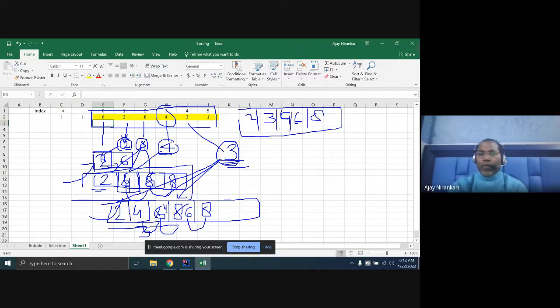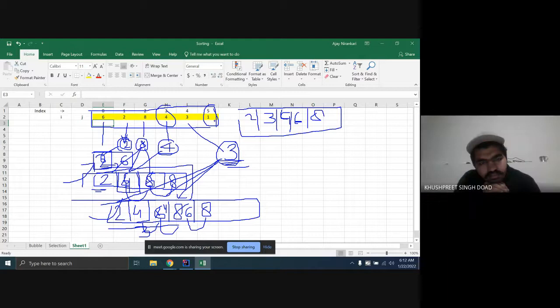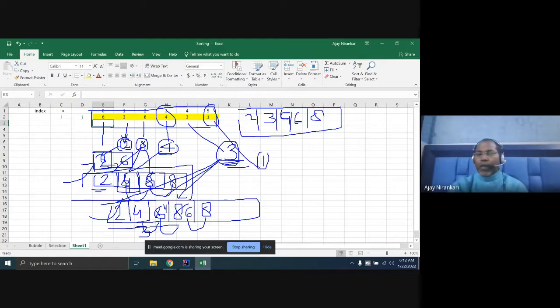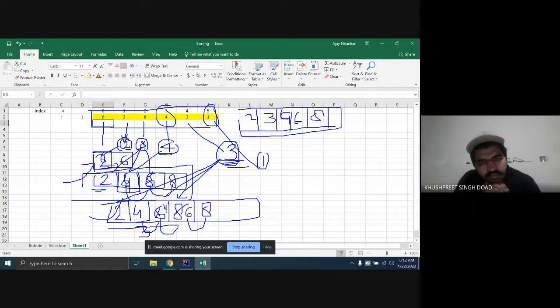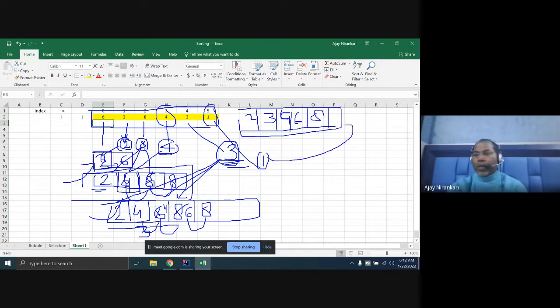But still we have one element left, right? So we have to get one element here and decide where I am going to place it. Again, this is the last element. Surely this element, you have to think where we are going to insert it: here, here, here, or here, in which place? So again you have to compare from this selected element to the first one.